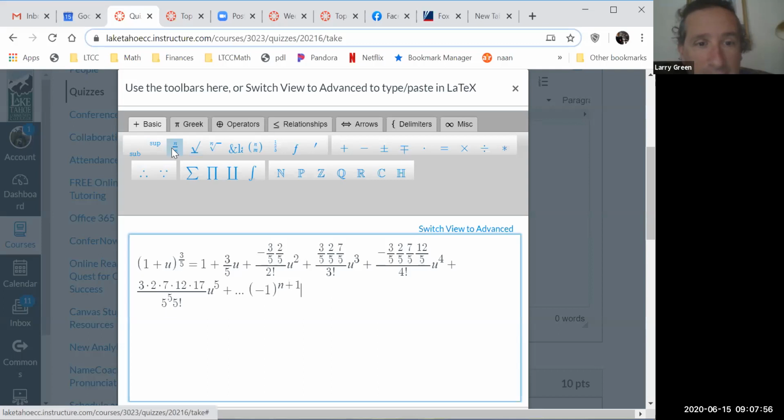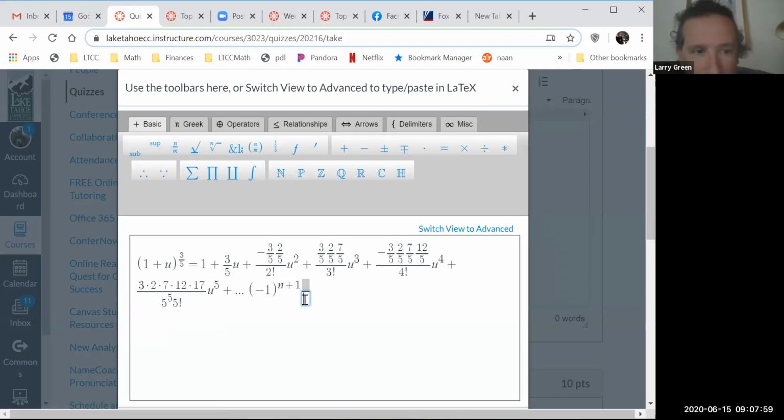Then we're going to have a fraction. I think the denominator is the easiest, because that's going to be 5 to the n. Then you're going to have n factorial. Please stop me if there's something you don't understand in the process here. Okay, and then let's see what we've got here. The 3 just hangs. You see that? So that's just going to be 3. That's just like a little extra. And then times 2 times 7 times 12